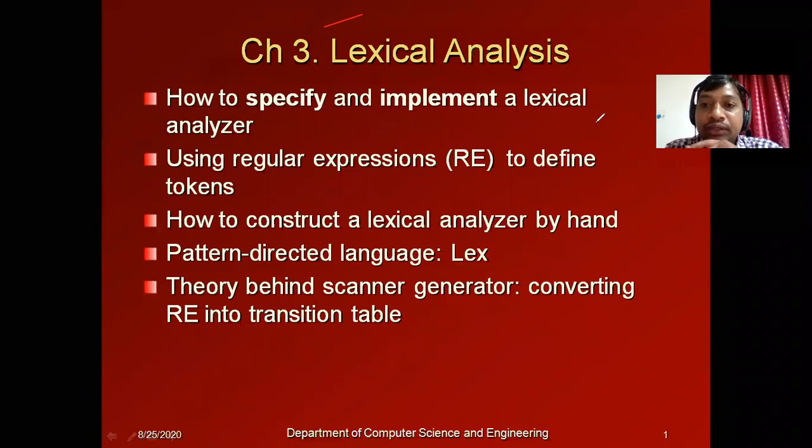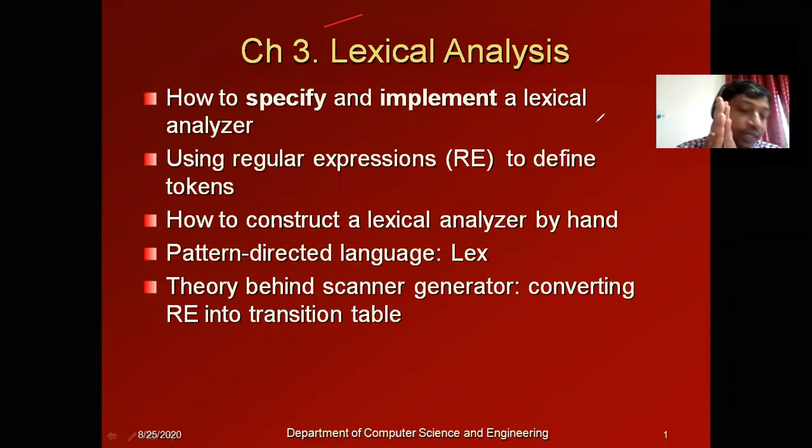Here we will learn what lexical analysis is, how to do lexical analysis, and how to specify and implement the component that performs lexical analysis.